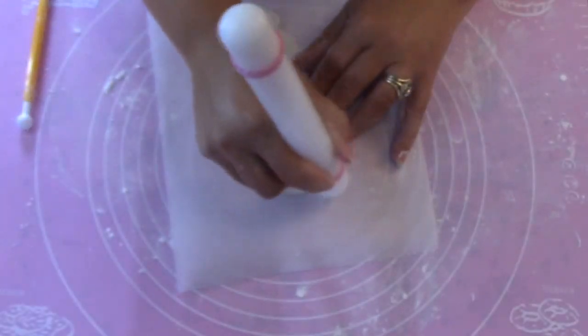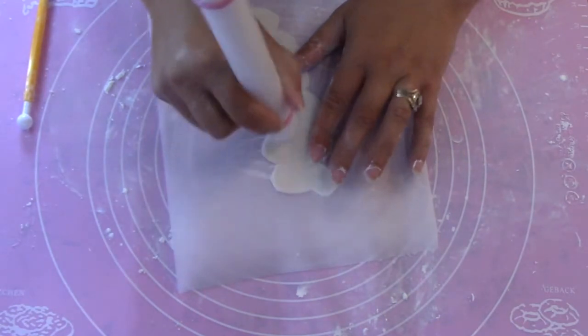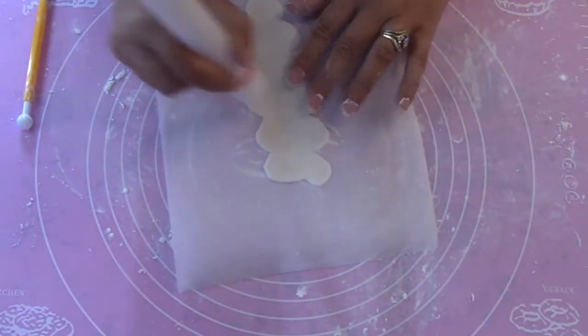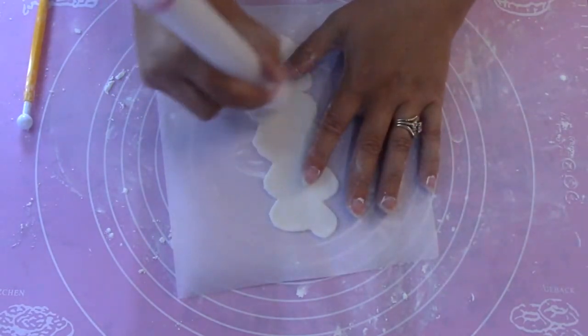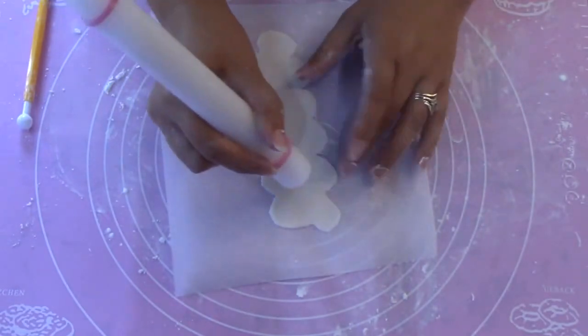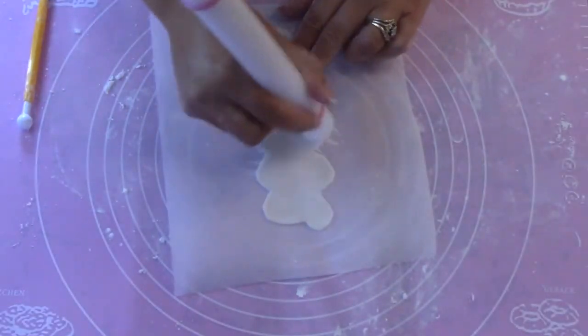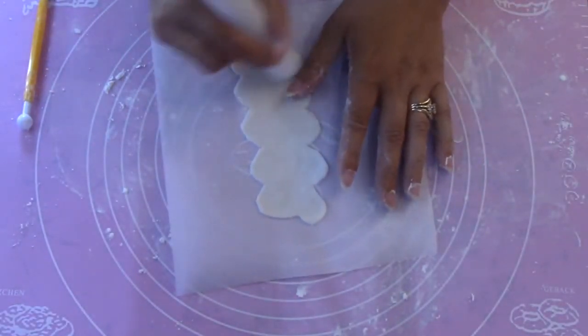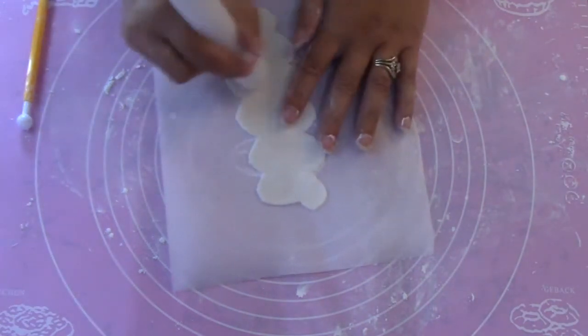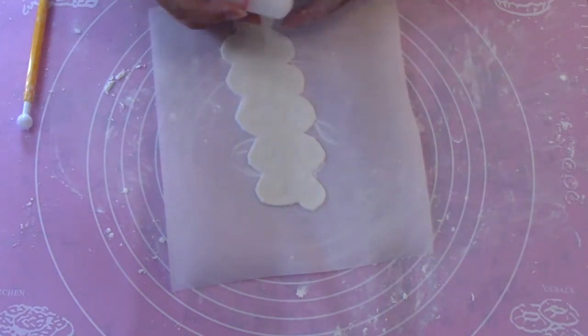And this is the little end of my fondant roller that I'm using to press out. I'm just trying to make it really thin. That's what I'm working on. And if you start in the center and work out towards the edges, the edges of your rose petals will be nice and thin. So you can see I've got another one of the little fondant tools sitting off to the side, and when I get to that point, I'll be using that to make my fondant ribbon rose